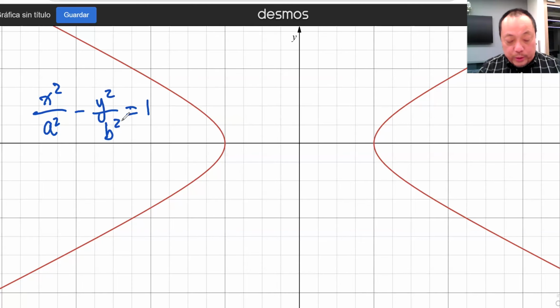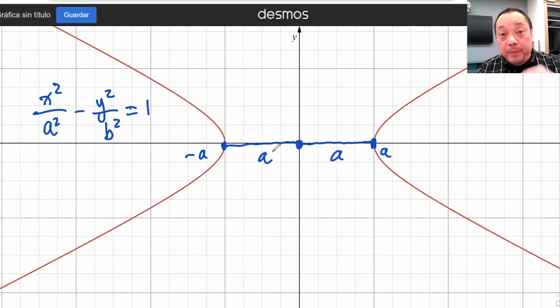Here's the hyperbola x squared over a squared minus y squared over b squared equals 1. We know it opens horizontally on the left and right because the x squared term is the one that's positive in standard form. And we know that here's a, and here's negative a, and the distance from the center to the vertex is a. I'm going to use b to find the asymptote. From the center, I go with distance of a, I get to the vertex. If I go off of a vertex by a distance of b, up like this by a distance of b,